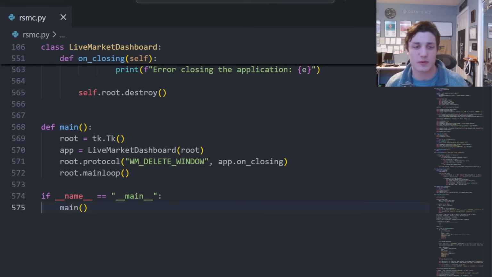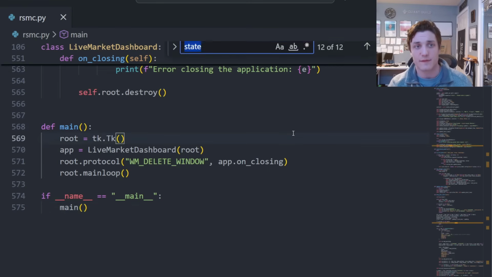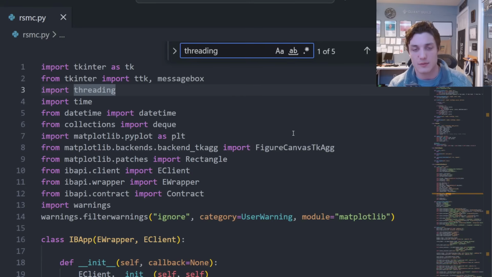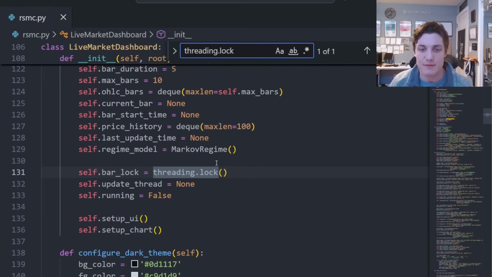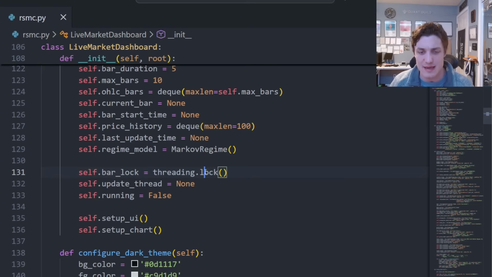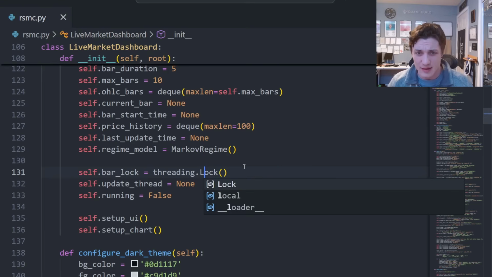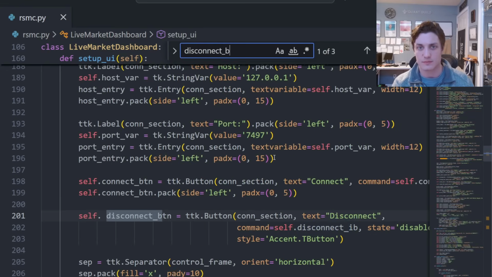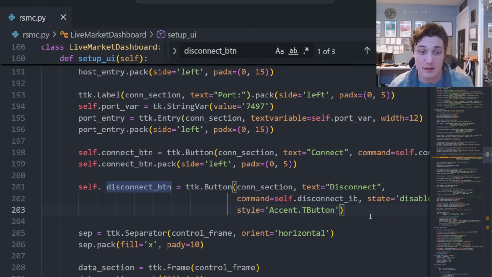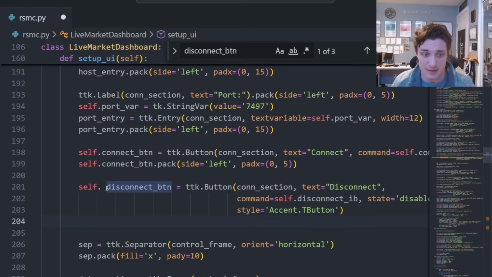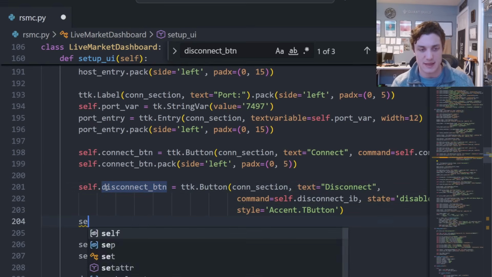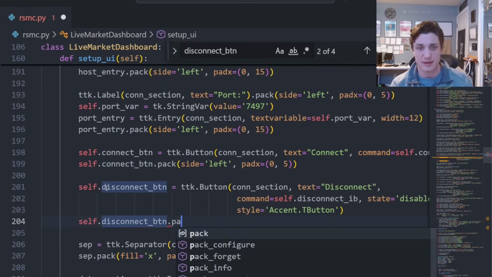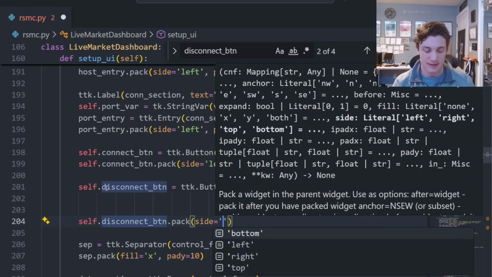As I've gone back over the code, I've acknowledged a few errors that we can very easily correct. The first is if we go to line roughly 131, I have this threading lock. This should be a capital L. If we check out the disabled button or the disconnect button, I did not pack this button to the left side, so it will not be visible. So I will say